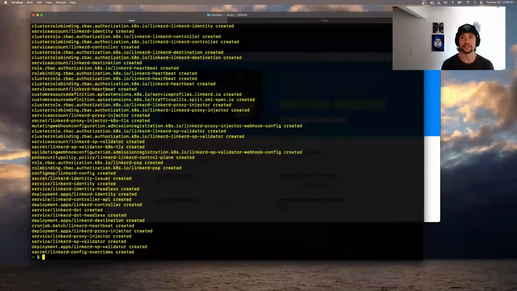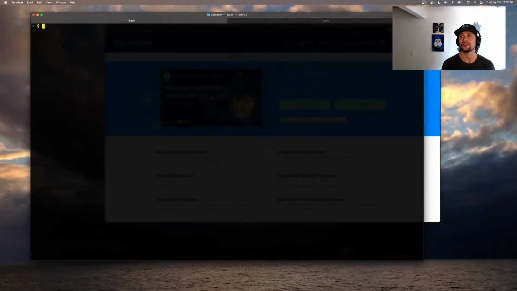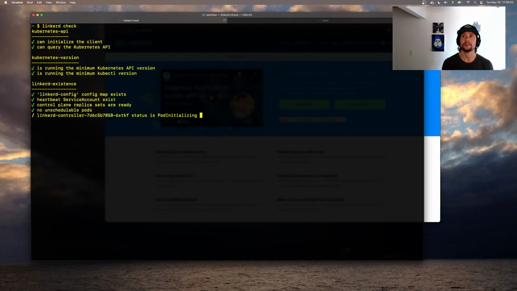Once we do that, we can see that all of the resources are created. Those are deployments, service accounts, some RBAC pieces. There are only two custom resource definitions in Linkerd as of this recording. So we can do linkerd check without the pre flag now, and that's going to go through and check to make